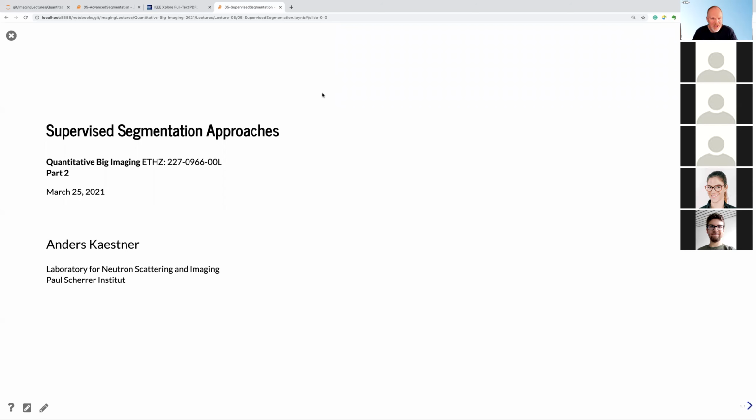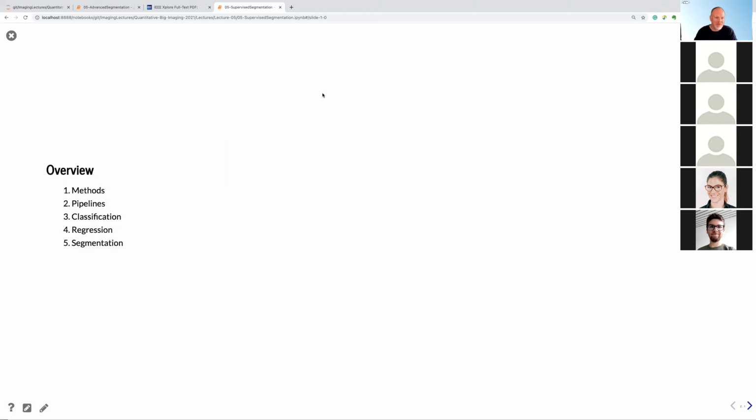The second part is about supervised approaches. So we had before methods that, based on the data, find a segmentation. Now the next part is where you provide some information to let the segmentation know what it should do. And we have here an overview of different methods where we can work this